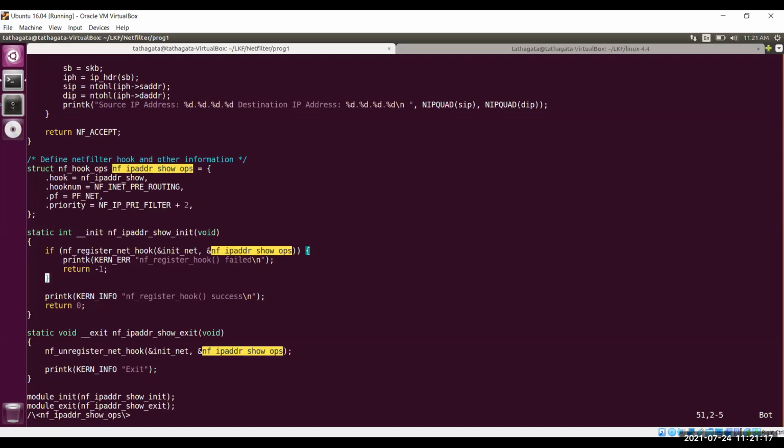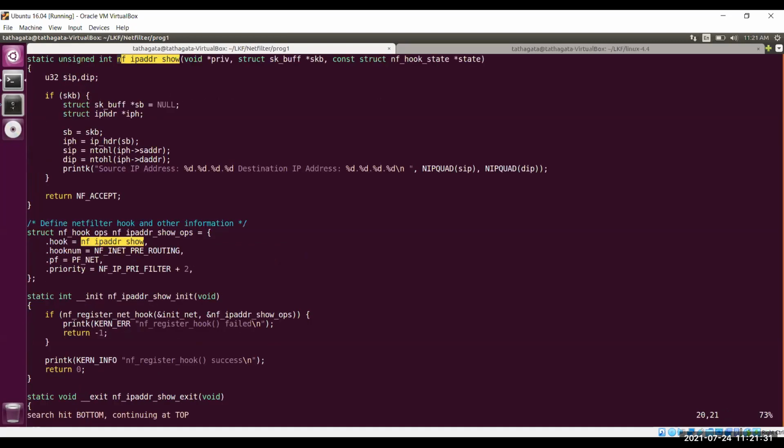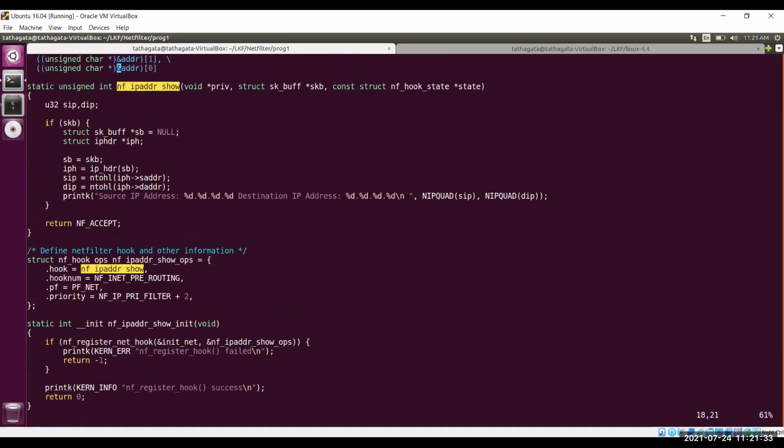So here is the hook point and the hook number. I am adding my callback function in the pre-routing part and for IPv4. And this is the callback routine. I'm not blocking or dropping any packet, I'm allowing every packet for further processing.